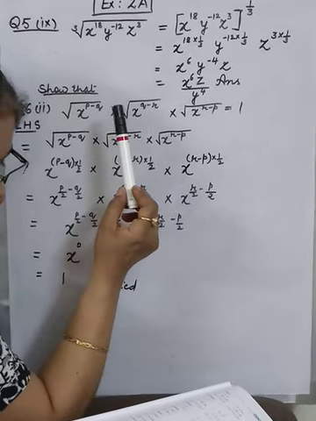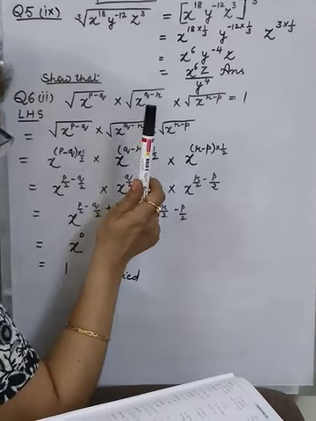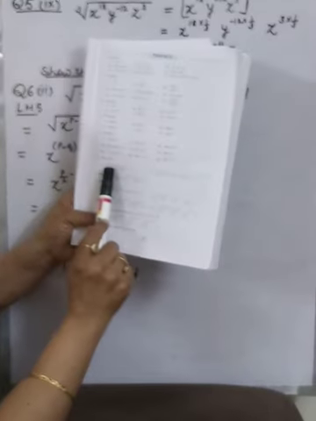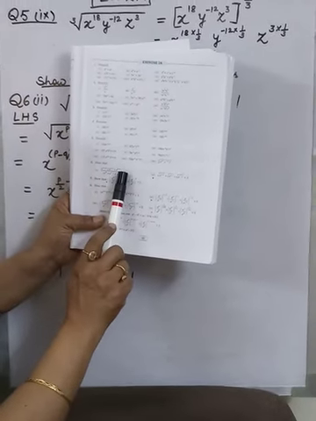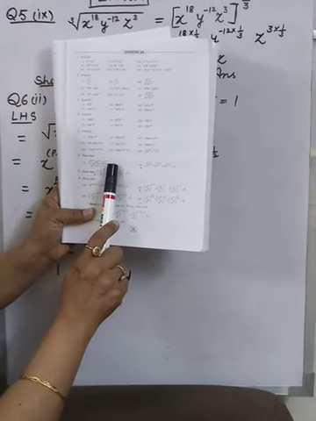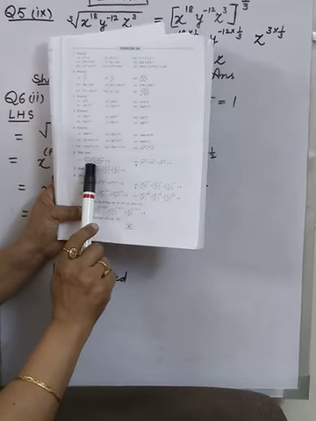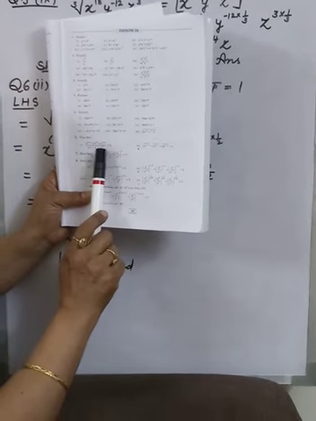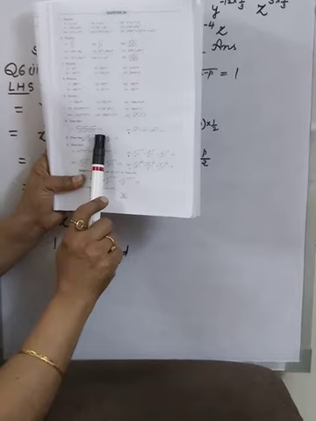I'll explain this first part to you so you can do it easily. See, in question number 6 first part, we are multiplying x to the power m plus n into x to the power n plus l into x to the power l plus m. So remember that on multiplication powers get added, so add all the powers, and in the denominator we have power on power gets multiplied, so multiply 2 with all the powers inside the bracket and then apply the